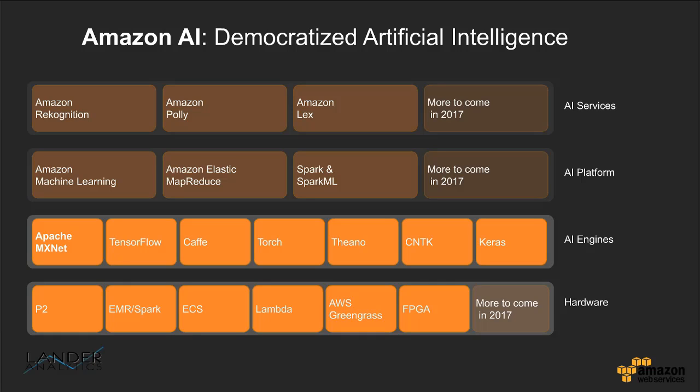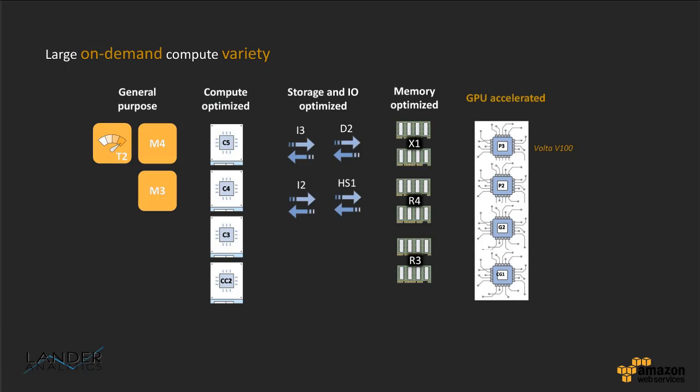And underneath that, we have the hardware surface where customers like you can leverage GPU capable infrastructure in order to train your deep learning models faster. So from a large on-demand variety of compute, we right now have what we call the P2 instances that are Kepler enabled with K80s, and in which you can have up to 40,000 CUDA cores. But we pre-announced what we call our P3 compute families, which are enabled with Volta V100, the fastest NVIDIA Volta-enabled GPU chips that will be released around Q3 or Q4 this year.